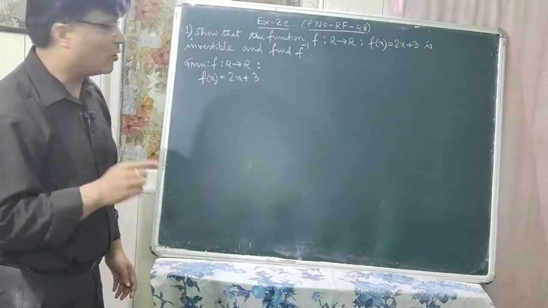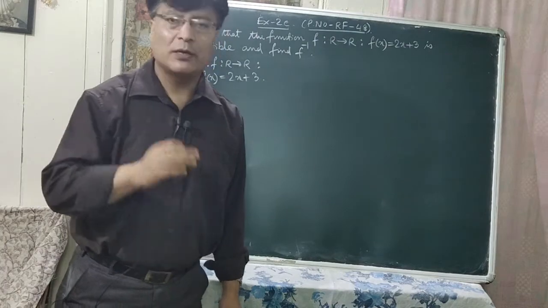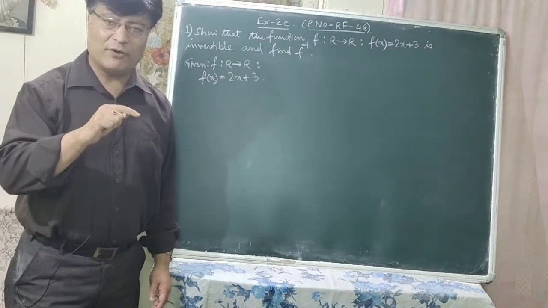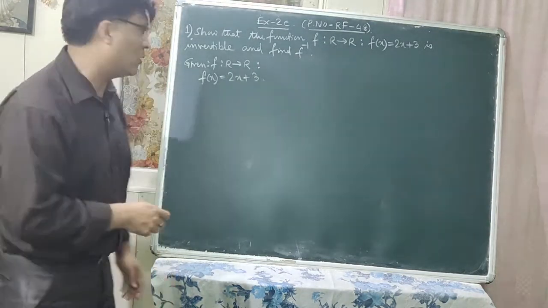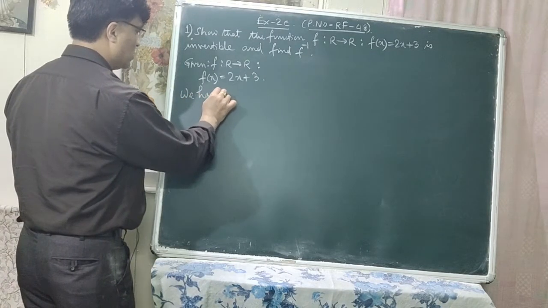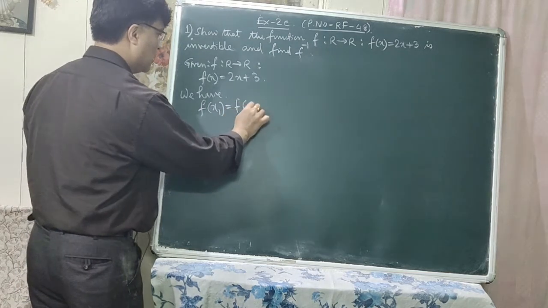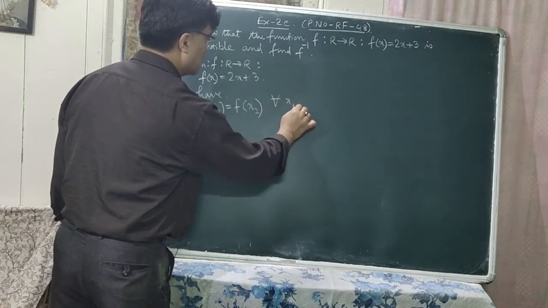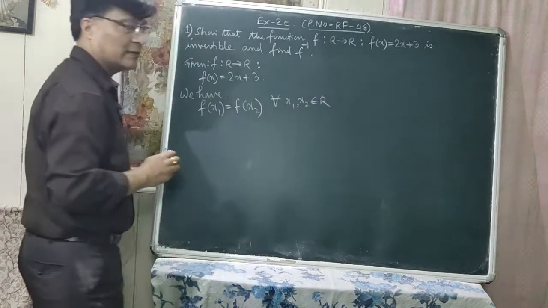So now first of all, let us show that this function is 1-1 function. Okay, so what is the method of showing 1-1 function? So f of x1 is equal to f of x2 should imply x1 is equal to x2. Let us prove it now. So we have f of x1 is equal to f of x2 for all x1 comma x2 belong to R, this domain R,